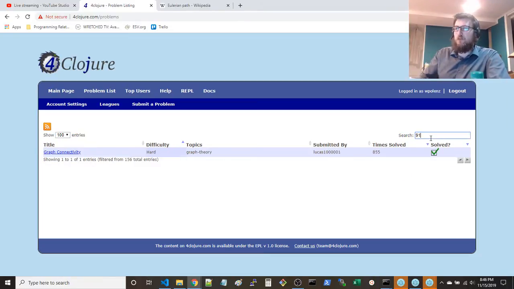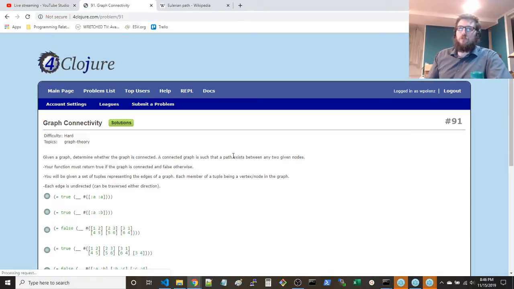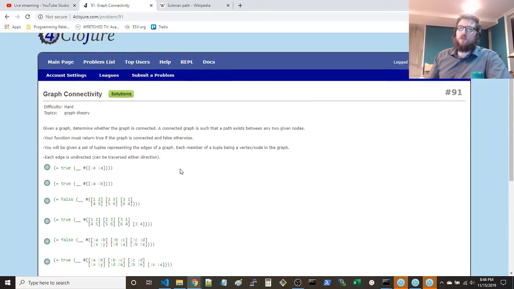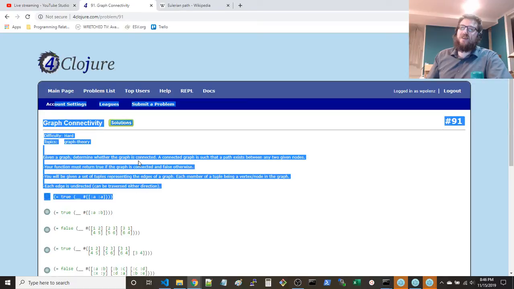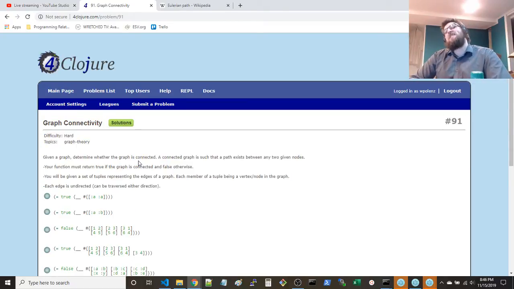Tomorrow we'll try to make more progress. Graph connectivity. Now this is kind of ironic because we've already been employing the connectivity of the graph repeatedly in our other questions, other algorithms, but now they finally ask us for it explicitly.